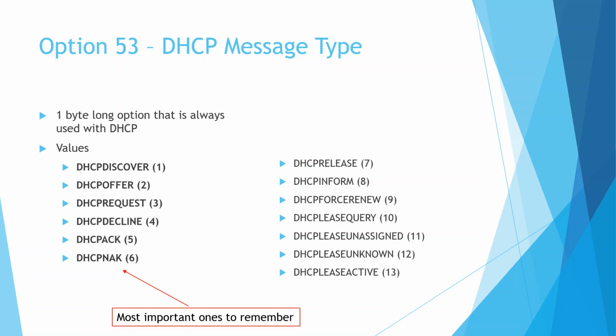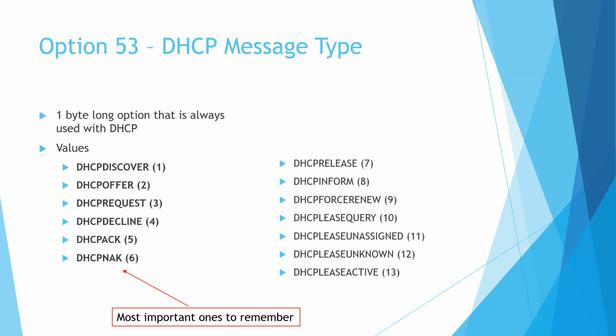So it's a 1 byte long option, and it's always used with DHCP. So we have DHCP discover, DHCP offer, DHCP request, DHCP decline, DHCP ACK, and DHCP NAK. Those are going to be extremely important when we're talking about the DHCP negotiation process. In fact, discover, offer, request, and acceptance are going to be the core request process when everything goes according to